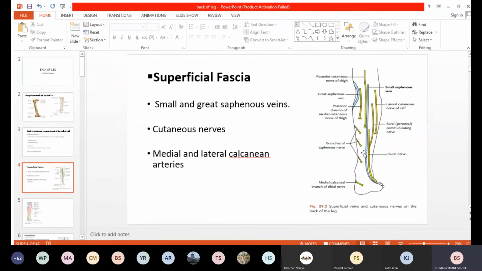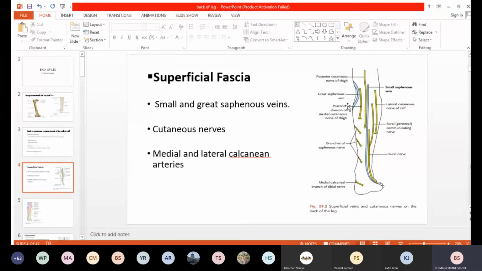So here it runs along with the sural nerve in the lower part, and as it goes above in the back of the leg, it is along with the posterior cutaneous nerve of the thigh. There is the longest cutaneous nerve here. So along with that, and here it is the small saphenous vein. You can see here piercing the deep fascia to enter the popliteal fossa. Okay, you have already studied about the popliteal fossa also. So this drains into the popliteal vein. So it is draining from the lower part of the lateral side of the foot, lateral side of the leg, and the back of the leg. Okay, that is the venous drainage.